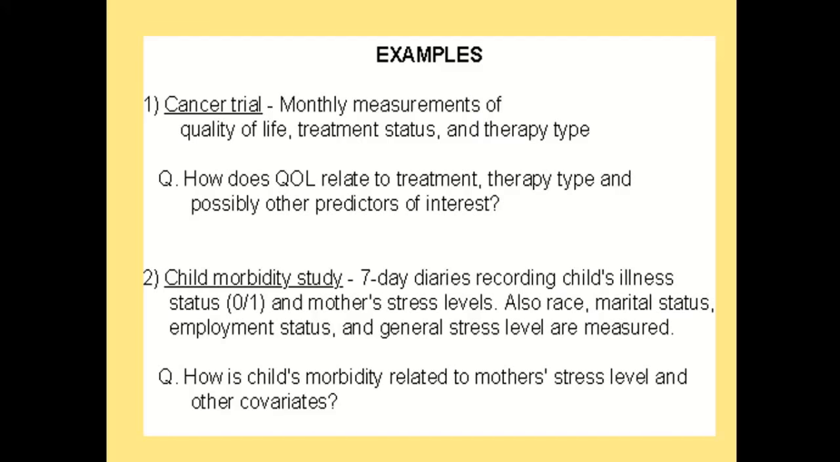you're measuring monthly measurements of quality of life. You're measuring treatment status and therapy type. In other words, a patient may be getting a certain treatment, but they may be getting it in different ways. They might be getting it very intensive or not so intensive, or regular, more shots of something or more chemo per day than